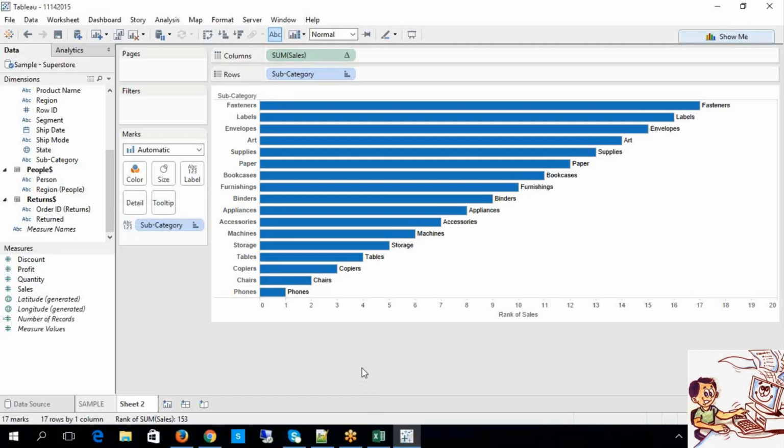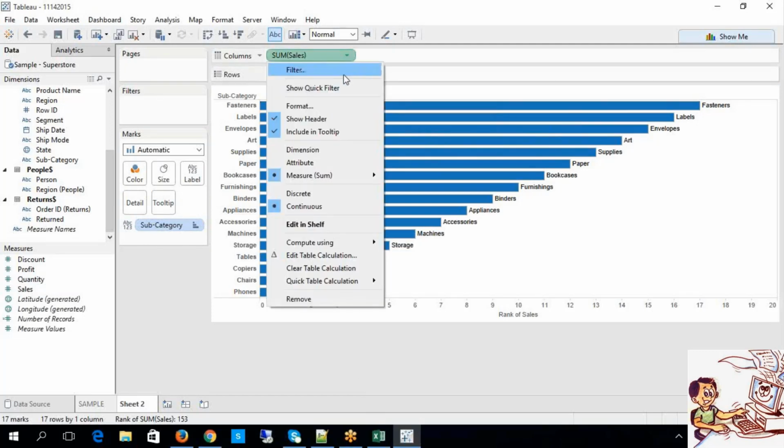Now within this rank, if you observe keenly, you have different functionalities.